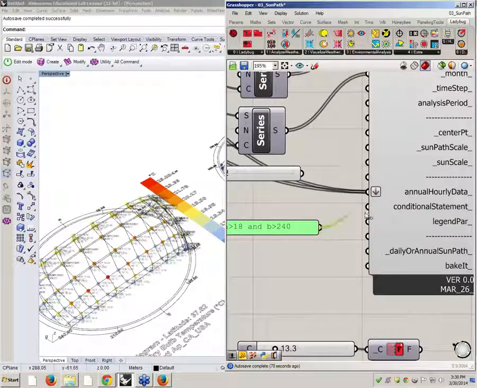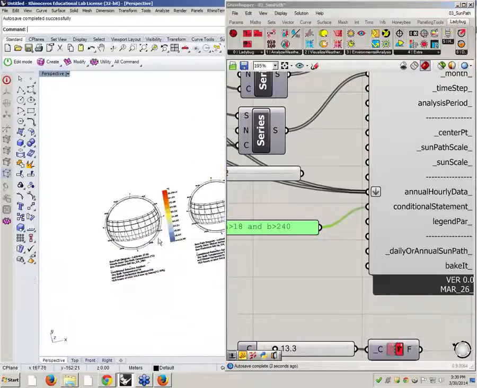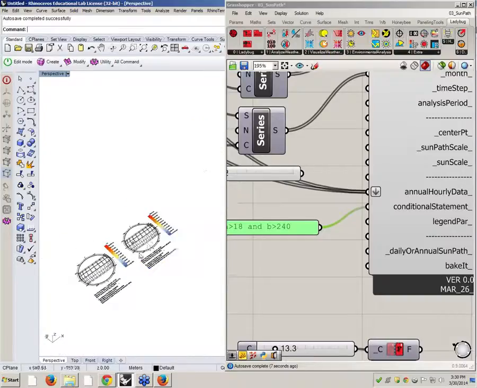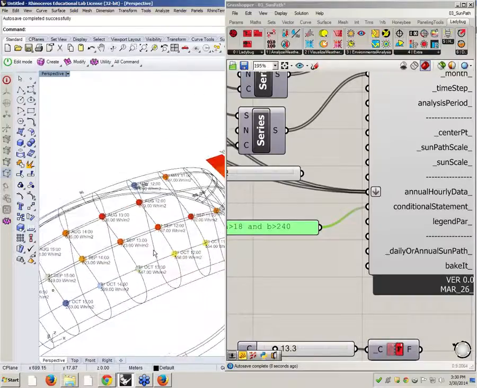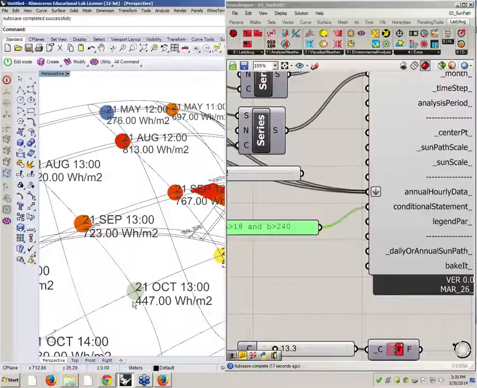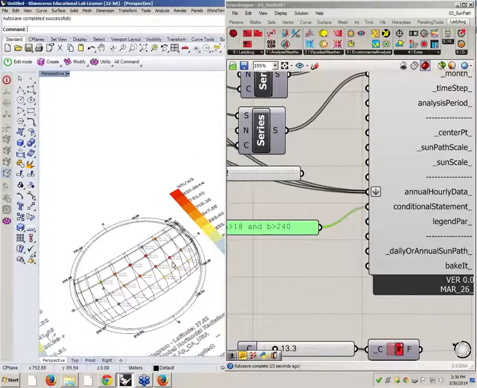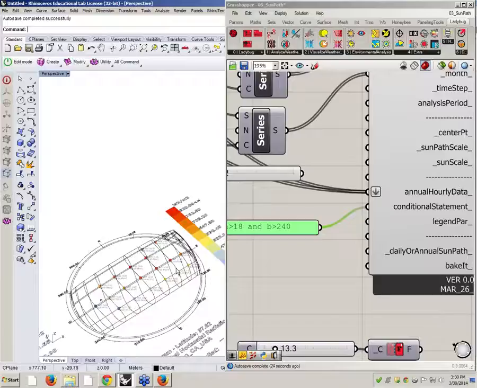So just connect this as the conditional statement. What will happen is it will get rid of all the other sun positions and give me the sun positions that satisfy the condition. And this is San Francisco. It gets so many points down here too. I don't want that, so my shading is going to be really deep, but whatever. If you have somewhere else, like Riyadh, it will be like,